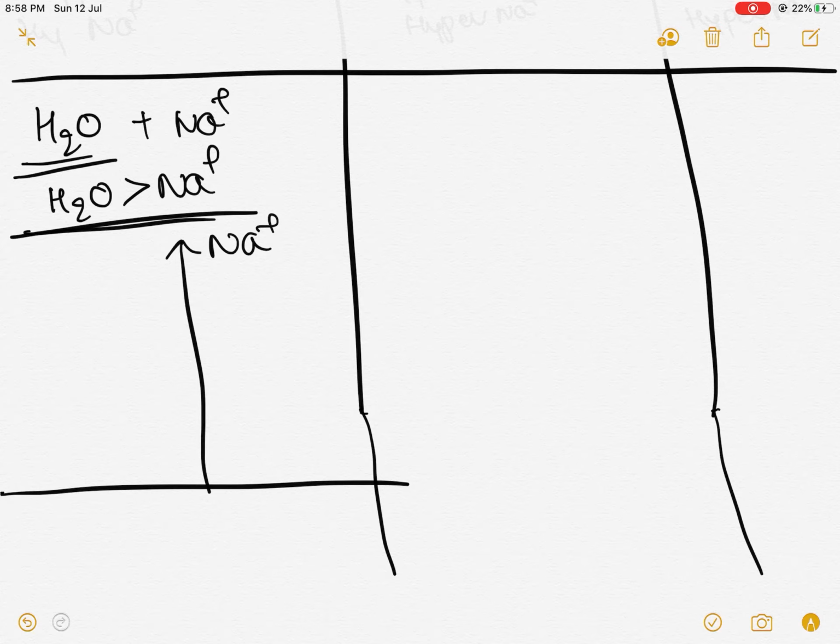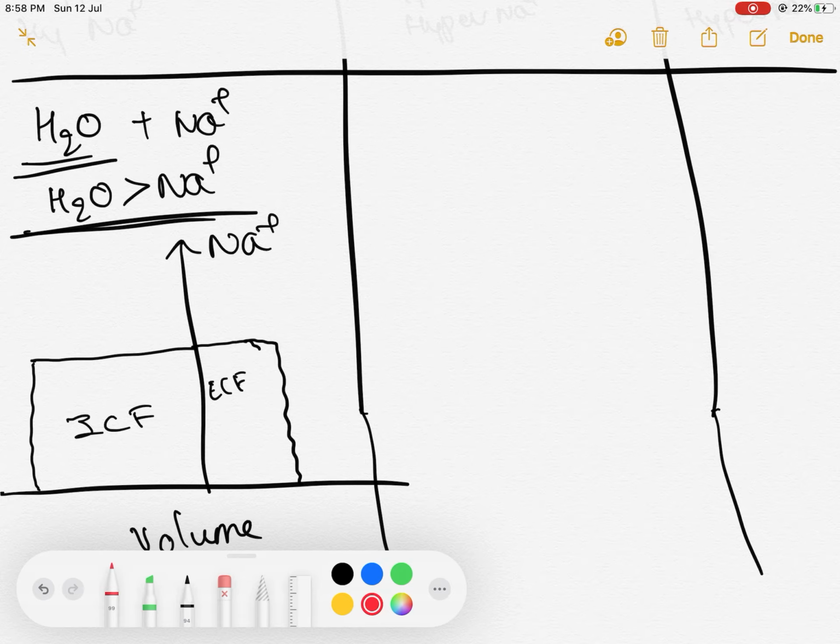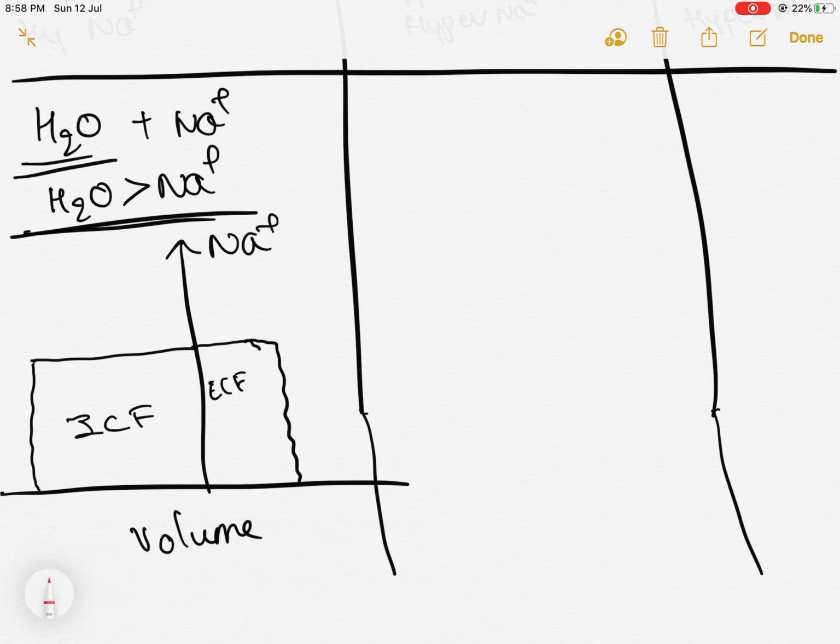So this is the sodium concentration, this is the volume. As we all know, in the normal volume status of the body, the maximum fluid is distributed in the intracellular space. So this is the intracellular fluid. The extracellular fluid is very minimal. This is the extracellular fluid. So what happens in hypovolemic hypernatremia is that there is loss of volume. So the volume reduces this much. If there is this much loss of volume, the sodium increases by this much.